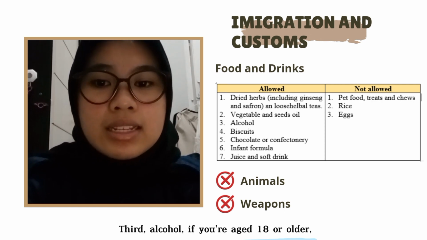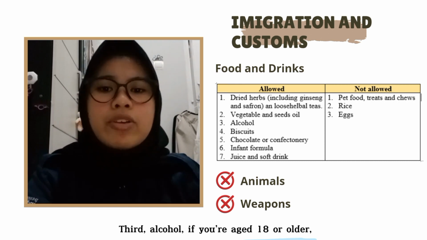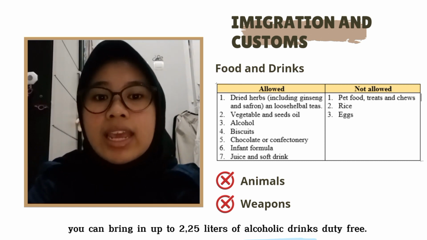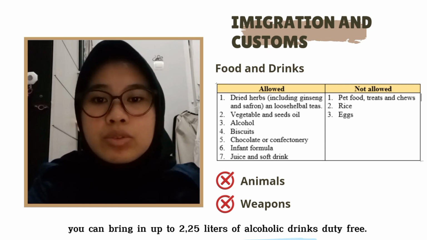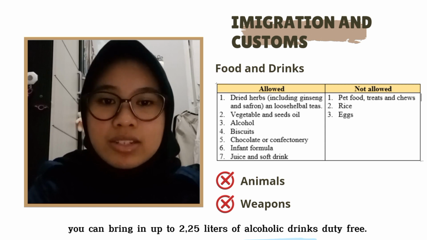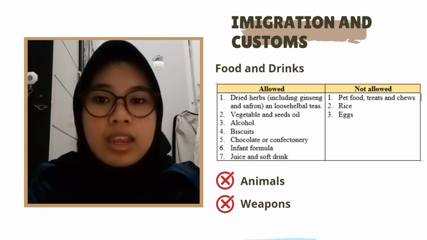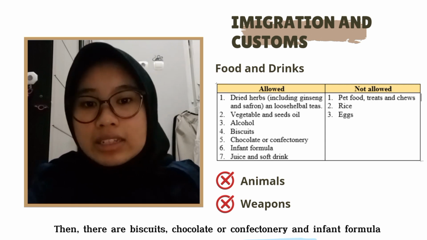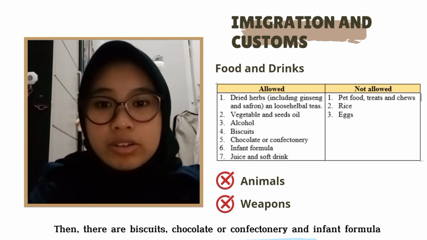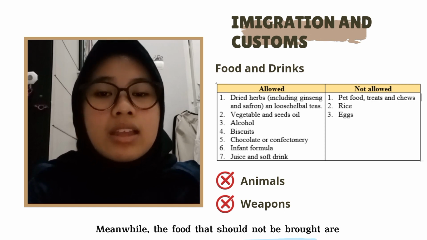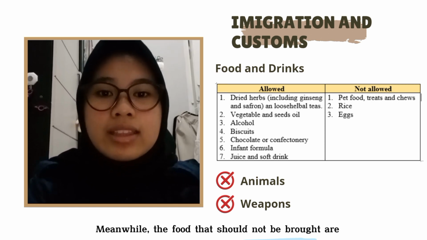The third is alcohol. If you are aged 18 or older, you can bring in up to 2.12 liters of alcoholic drinks duty-free. Then there are biscuits, chocolate or confectionery, then infant formula. Meanwhile, the food that should